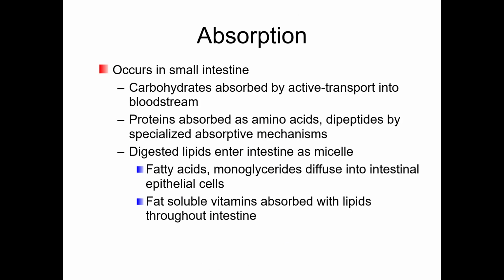Absorption occurs in the small intestine. Carbohydrates are absorbed by active transport into the bloodstream. Proteins are absorbed as amino acids, dipeptides by specialized absorptive mechanisms. Digested lipids enter into the intestinal cell as micelles, so the components actually go right into the intestinal cells. Fatty acids or monoglycerides diffuse into the intestinal epithelial cells, and the fat-soluble vitamins are absorbed with lipids through the intestine. From there, they're processed and packaged into chylomicrons, and those chylomicrons are actually dumped into the lymphatic system,